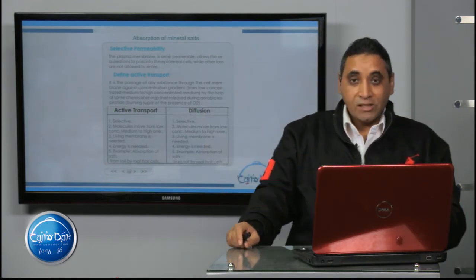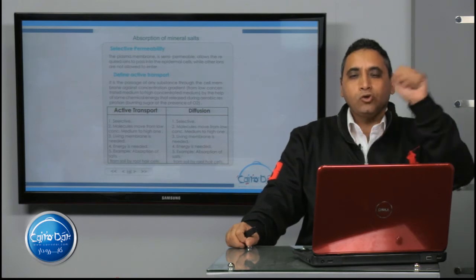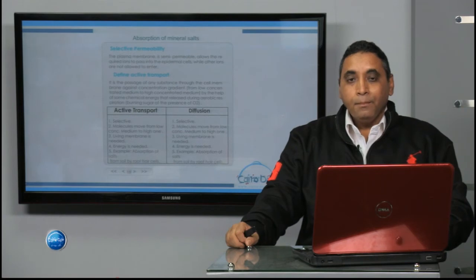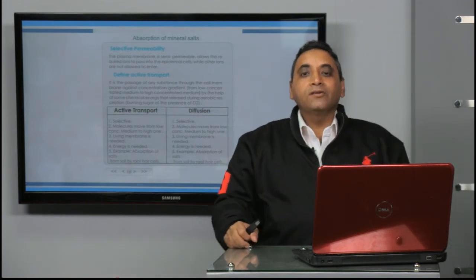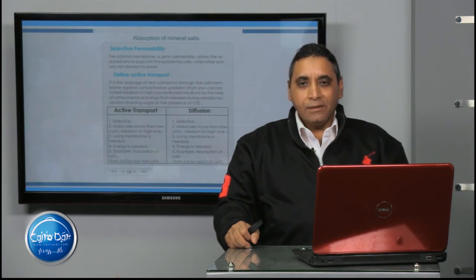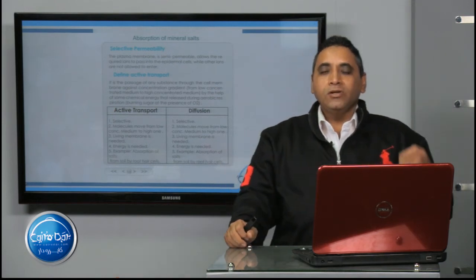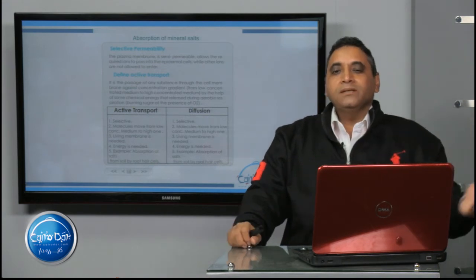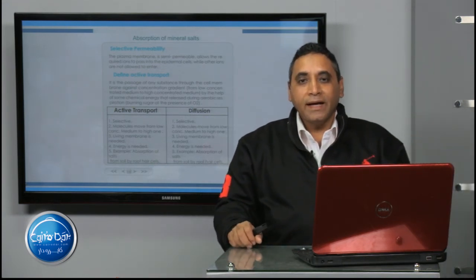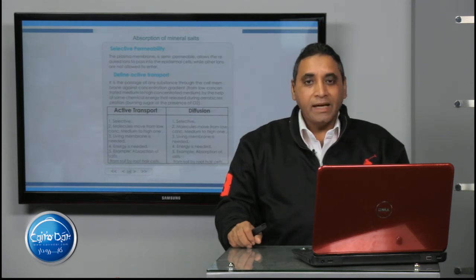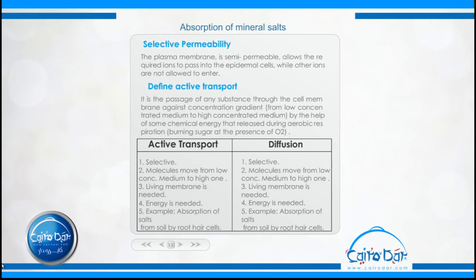Selective permeability means the membrane can allow some ions to pass through it and prevent the others, according to the requirement of the cell. But also the active transport acts as a kind of selective permeability. That means the plant needs certain ions at a concentration higher than the other ones. But what is the difference between active transport and diffusion? We remember that the active transport is a kind of selective permeability, but the diffusion does not act as a